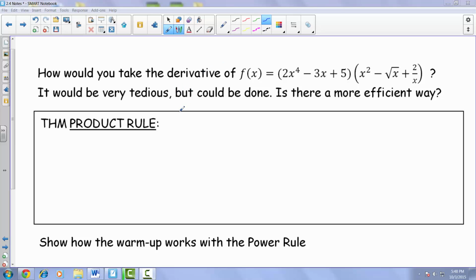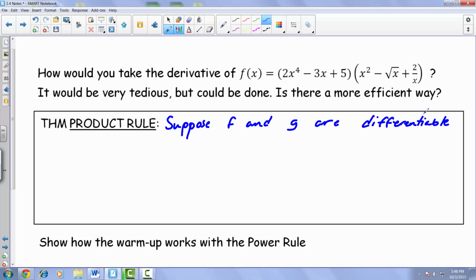Now suppose we're going to suppose that f and g are differentiable, meaning you can actually take the derivatives of them. Then if you're trying to take the derivative with respect to x of f of x times g of x,